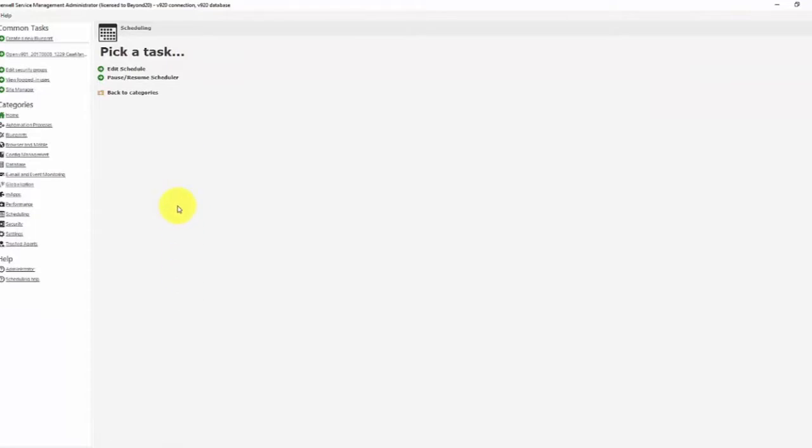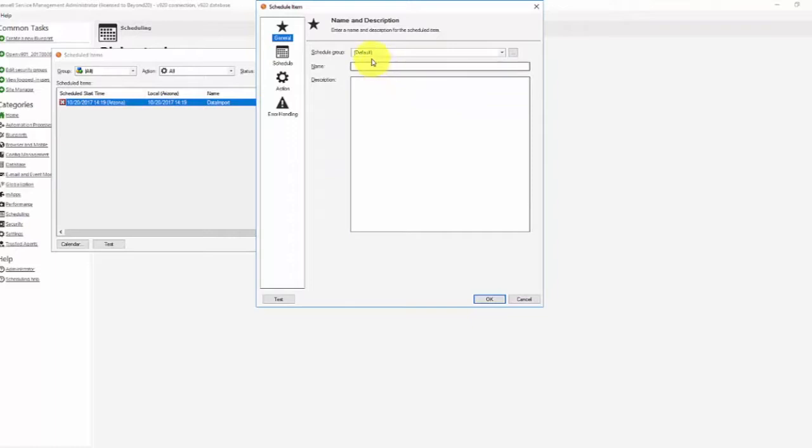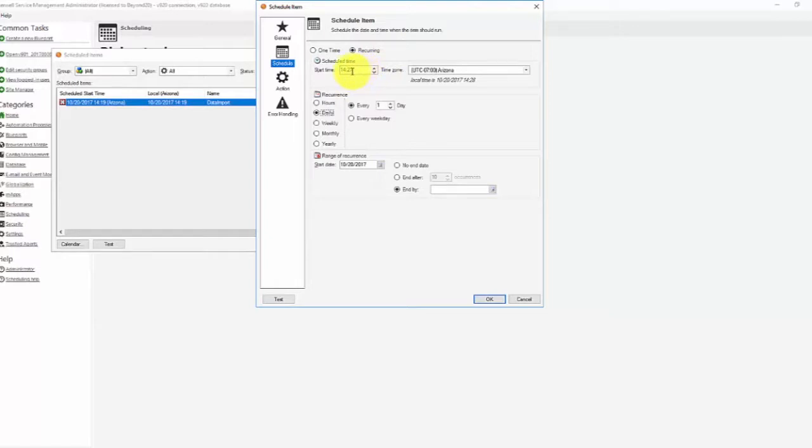What we're going to do is come over to the scheduling server. So scheduling, edit, schedule. Setting this up from scratch, you would add. We're going to use the default scheduling group, and we'll give it a name, data import, and I'll delete the other one, data import 2. Then our schedule. We want our schedule to occur on a recurring basis, and we're just going to change this number for now,